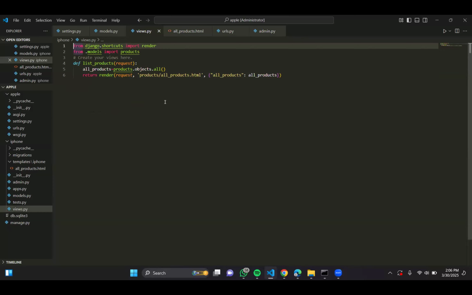Yeah, sure. I said you called your app iPhone. I remember the syntax is inside the app, you create a folder called templates. Then inside templates, create another folder called the name of your app, which is iPhone. That part is clear, Abby. Okay. So in this line six,